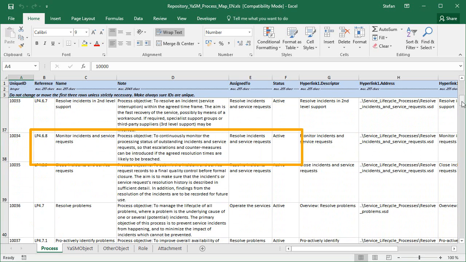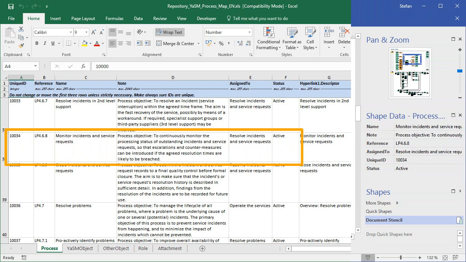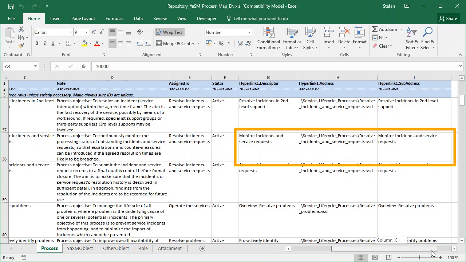Then we have a couple of cells with the process properties, such as the reference number, the process name, its description, the next higher level process, and the status value. Obviously, these properties are the same ones that we've seen before in Visio in the shape data fields. And here in the last 3 cells we also define the link for the process pointing to the correct process